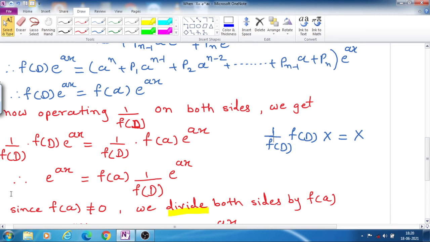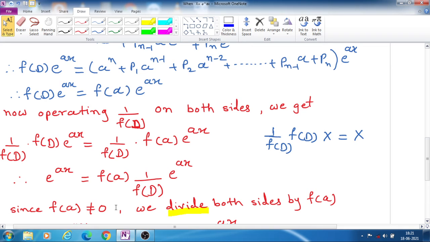So we get here capital X, here instead of capital X, e raised to ax. Therefore 1 upon f(D) e raised to ax, we get only e raised to ax. So here e raised to ax is equal to,